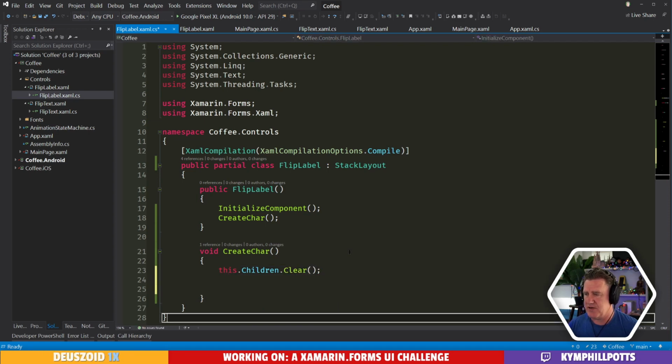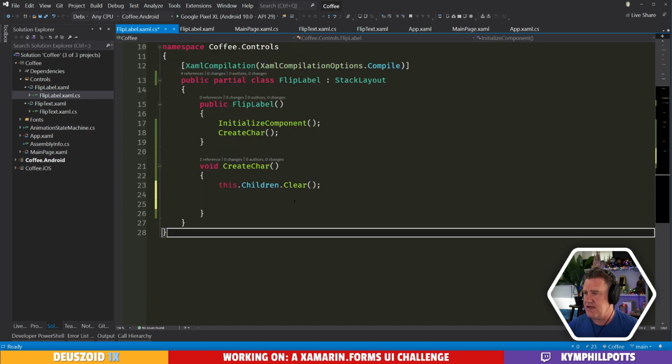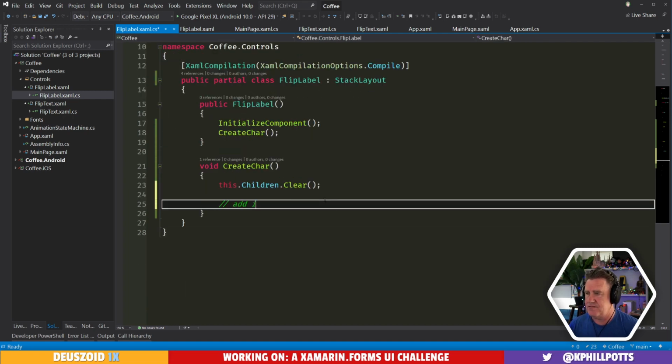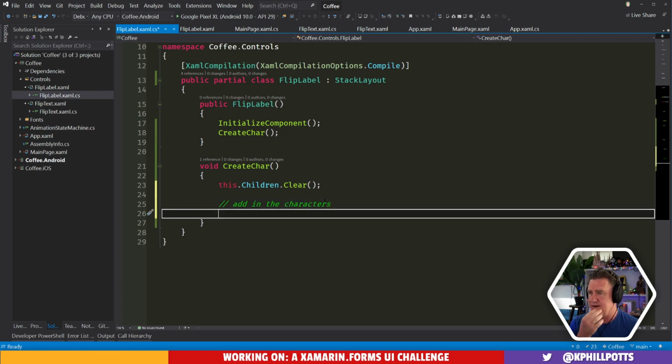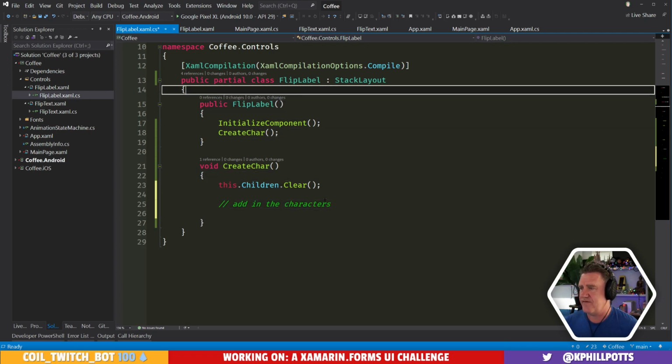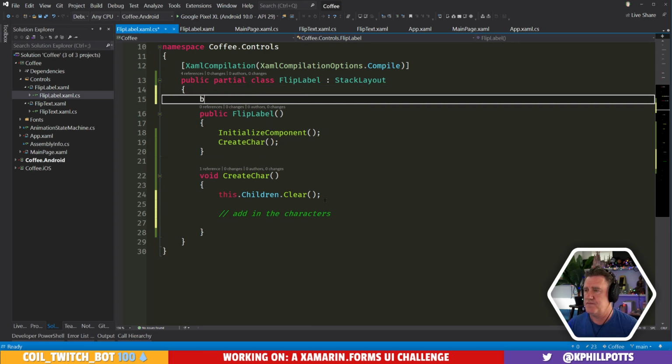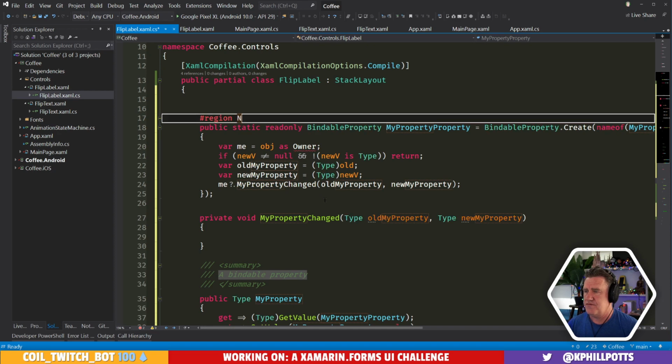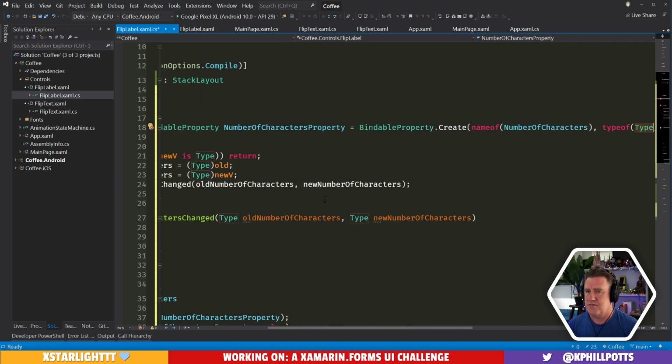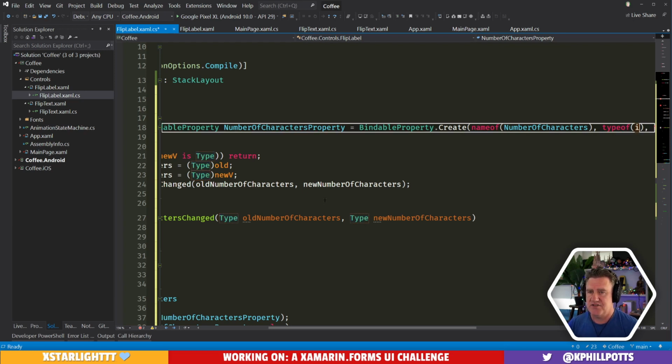Then what we can do is add in our additional elements, so add in the characters. All right. So what we might want to have is a bindable property for number of characters, which is an int.